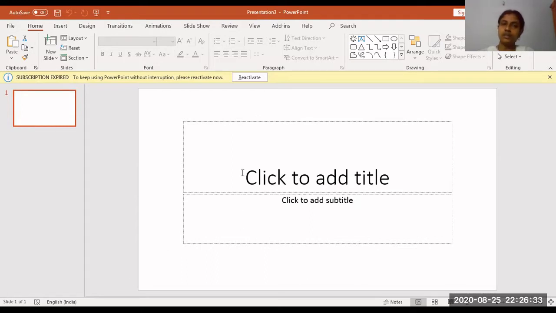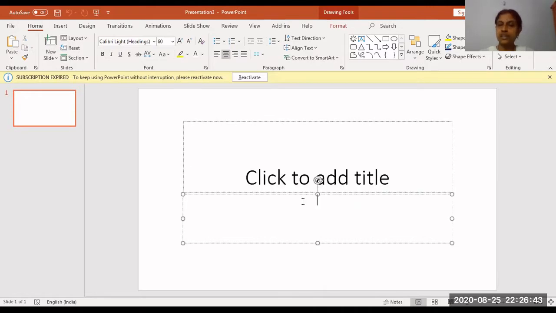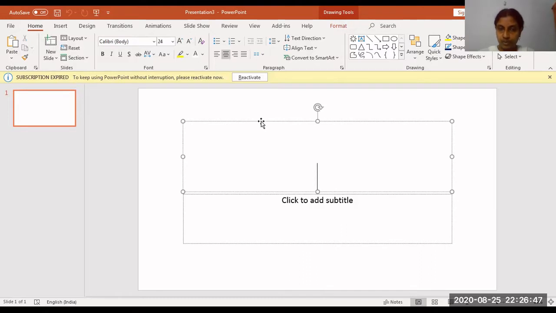There are various slide designs. By default, they are there. For this example, I have taken a slide design. If I click here, I can add a title. If I click here, I can add a subtitle. That's all. Designing this, if you observe, the small dots will help us to design the layout, and it will help us to think. So we will type some content.